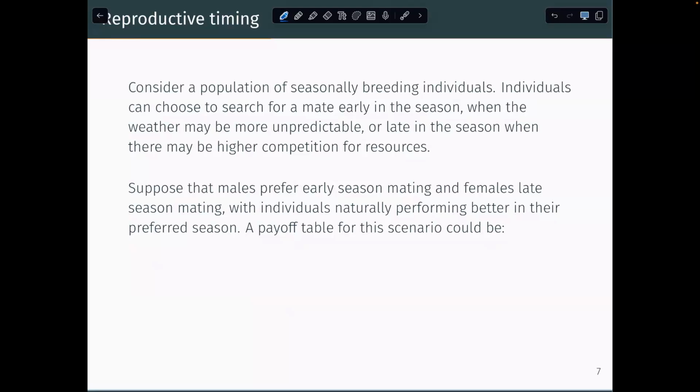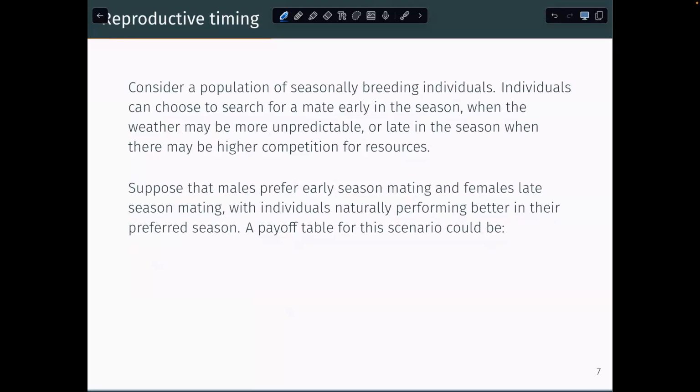They could choose to breed early, in the late spring, or they could choose to breed late in the summer. There might be advantages and disadvantages to those choices. And those choices also might differ between males and females. So, for example, arbitrarily, suppose that males prefer mating early in the season, and females prefer mating